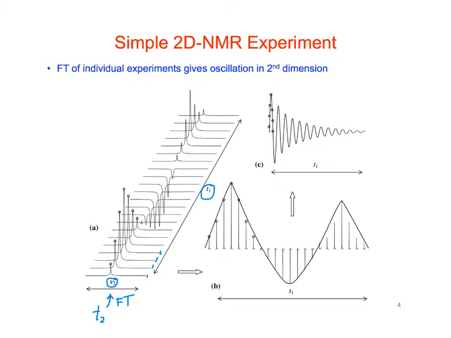Okay? So this is a one-dimensional experiment. So we're just doing a series of one-dimensional experiments. Okay? Varying that T1 time domain that's in between the pulses. Okay? So if we look at this,